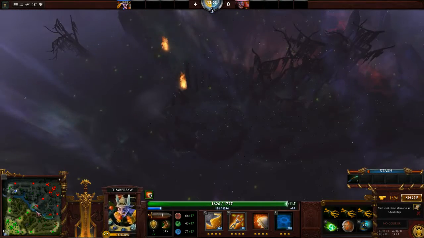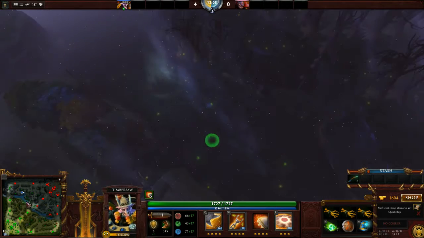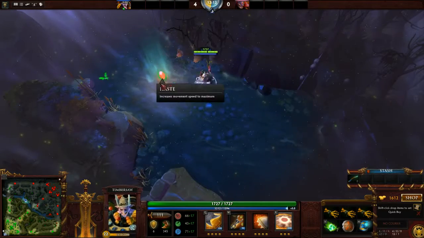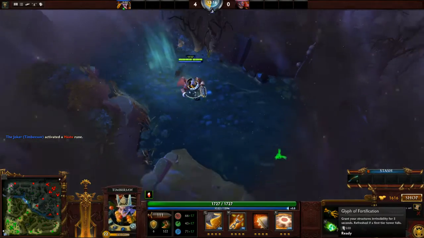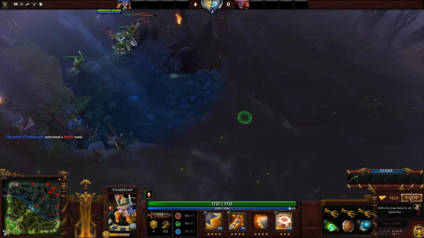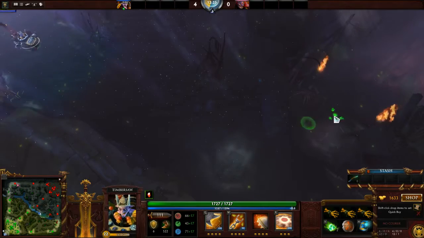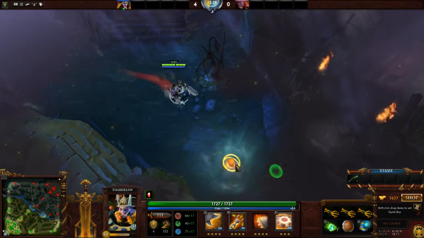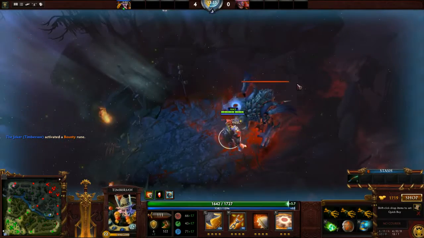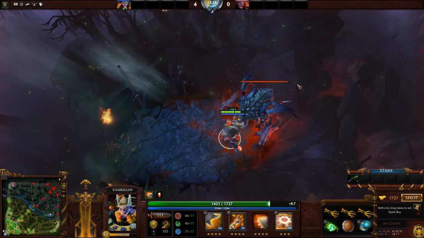So I'm going to head down to the Roshan pit. That one looks angry. Perfect. Haste, just to show you guys the effect of Bloodstone. Alright, so